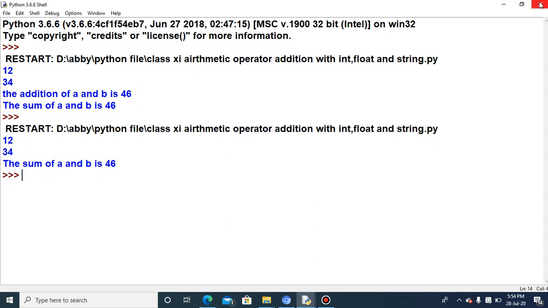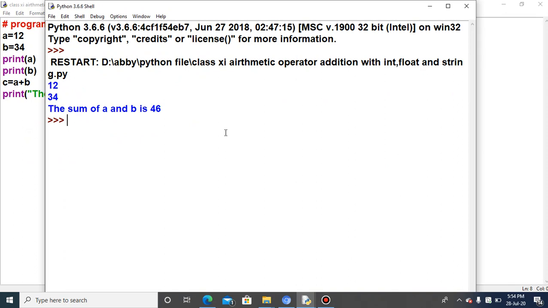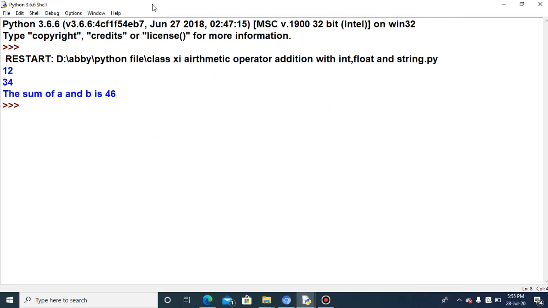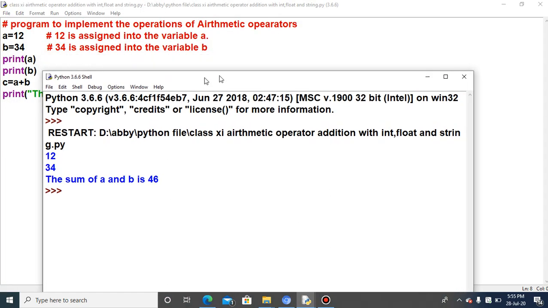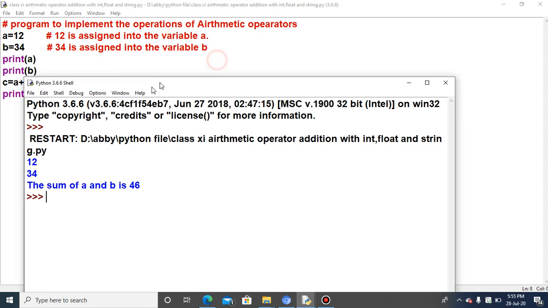If you have any confusion, just close this and run your program again using the shortcut key F5. Now you can see 12, 34, the sum of A and B is 46. Print A 12, print B 34, the sum of A and B is 46 is coming.